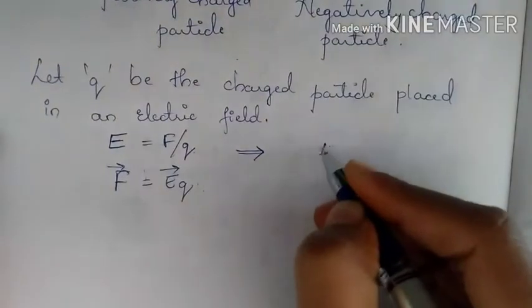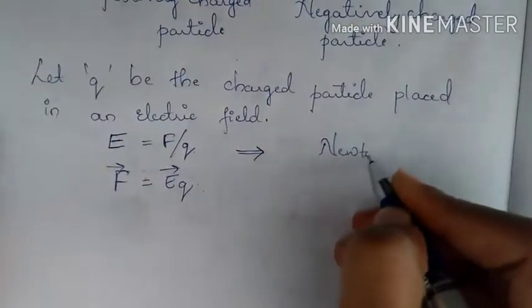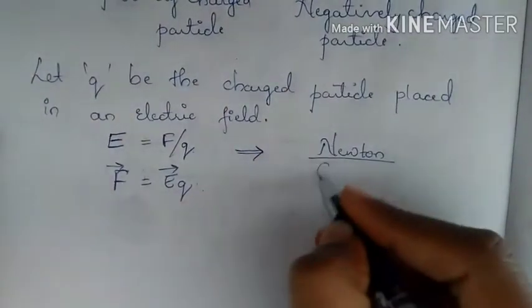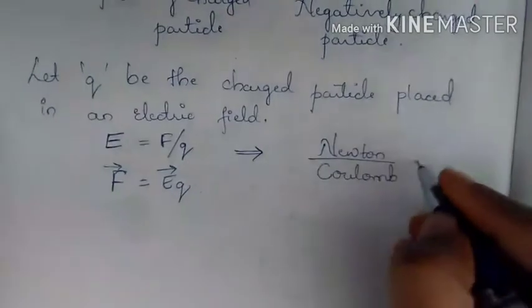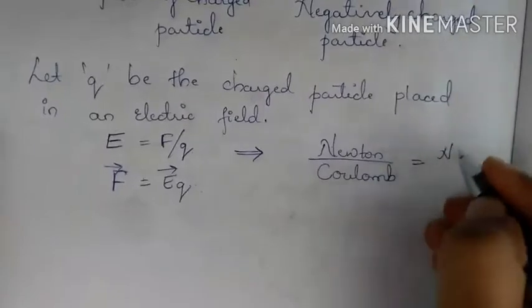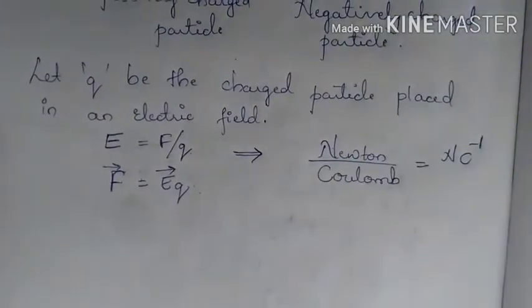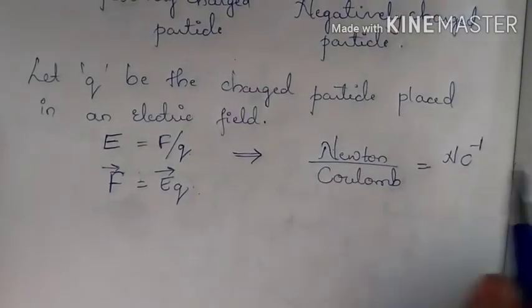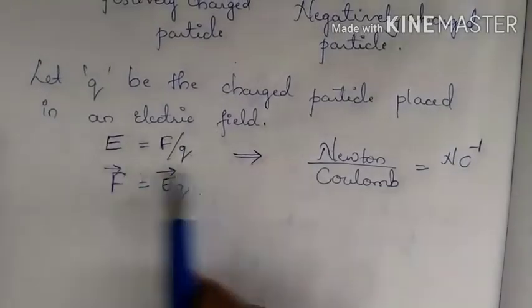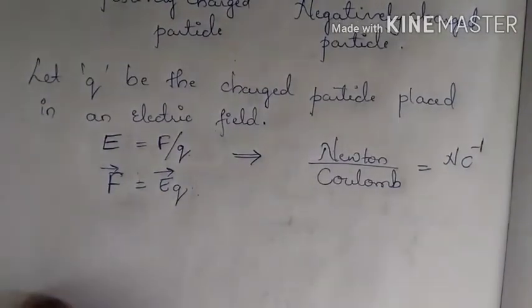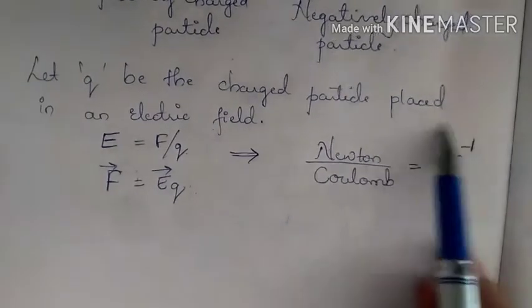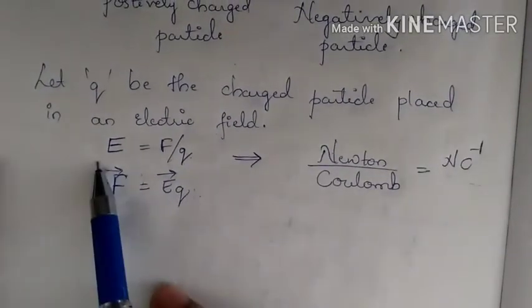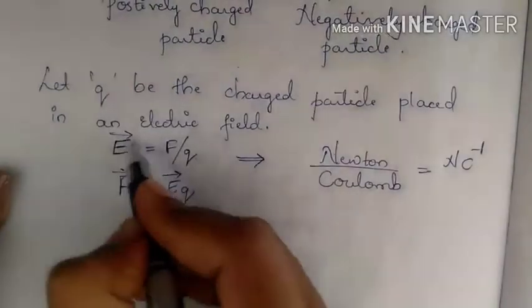So force is Newton, charge is Coulomb. So now I can write electric field as Newton per Coulomb. So electric field is equal to F by Q. So with that we can write the unit for the electric field, and this electric field and the force is